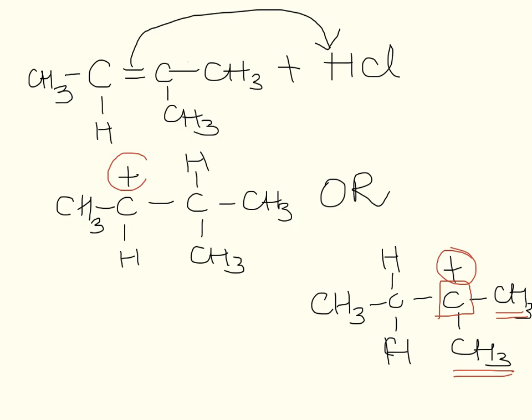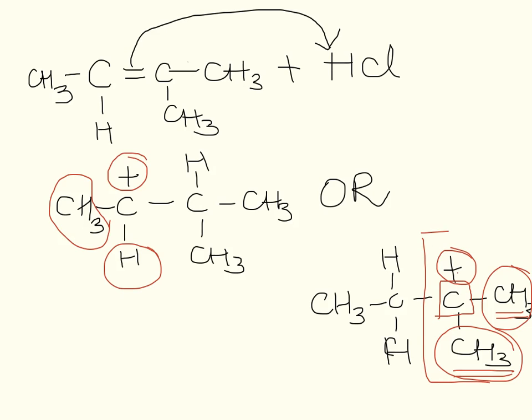This carbon with the plus charge has a hydrogen and an alkyl group, whereas this carbon with the plus charge has an alkyl and an alkyl group. So this carbocation has more alkyl groups. This has one alkyl group, this has two alkyl groups. So this is the more stable